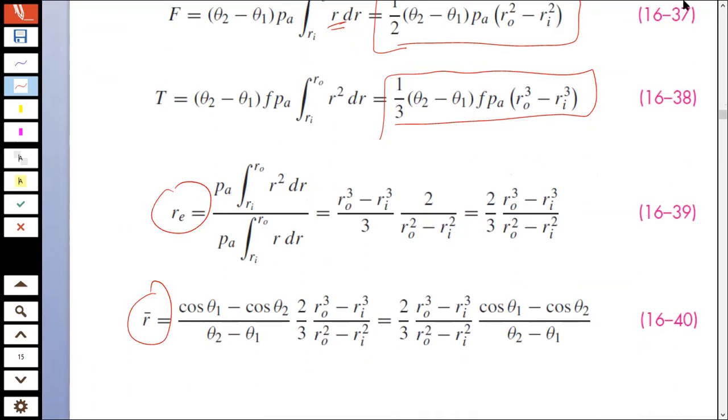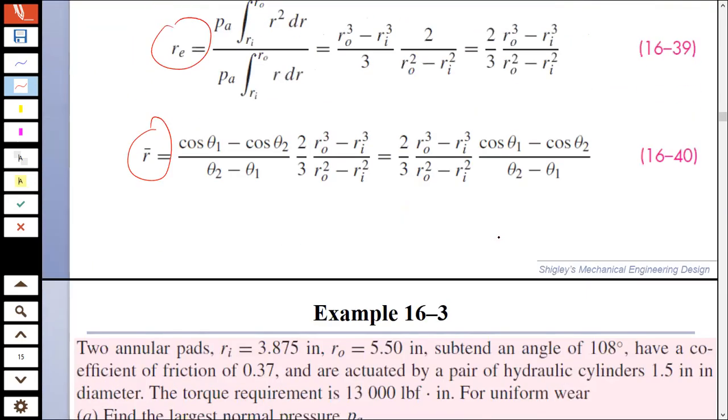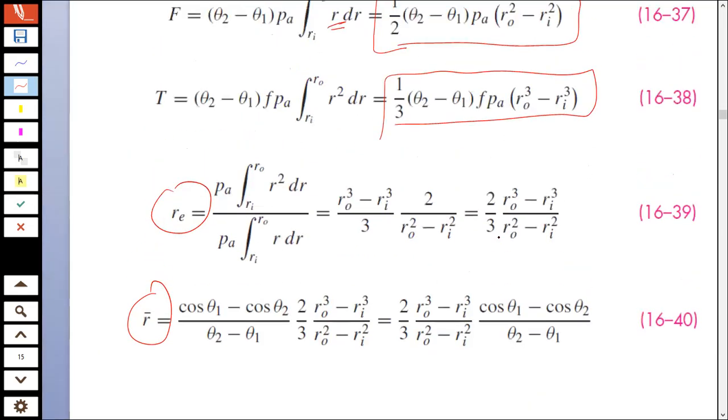So this is using both models for the disc brake. For disc brake, we used both models to find out the actuation force and the torque. ठीक है जी।